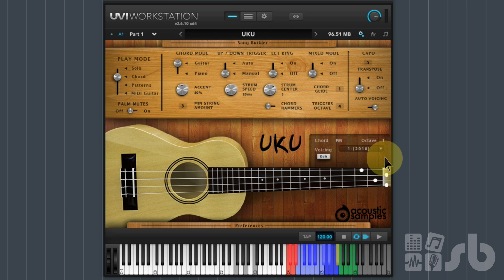If you're feeling, again, incredibly adventurous, and let's just say there's a strange chord that you're playing that isn't in the chord library, you can actually go into the editing tool here, and you can edit your own key switches, which is kind of cool. You can scroll up and if you click on this,